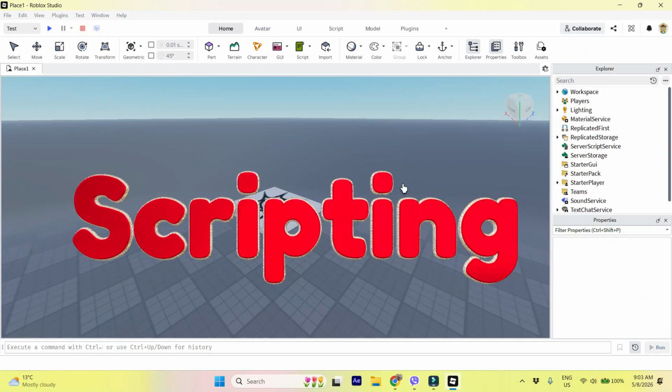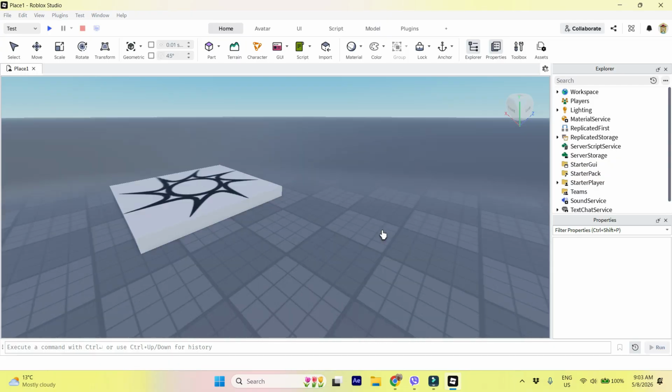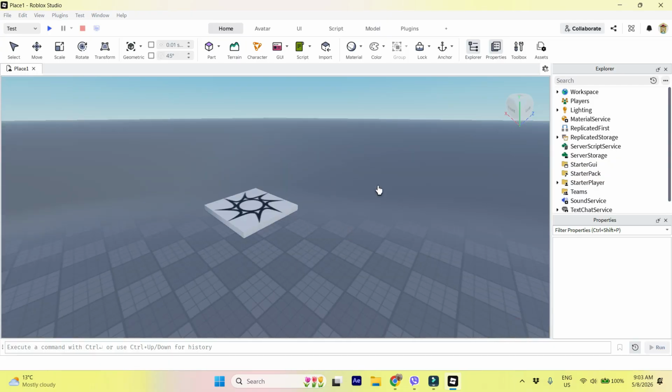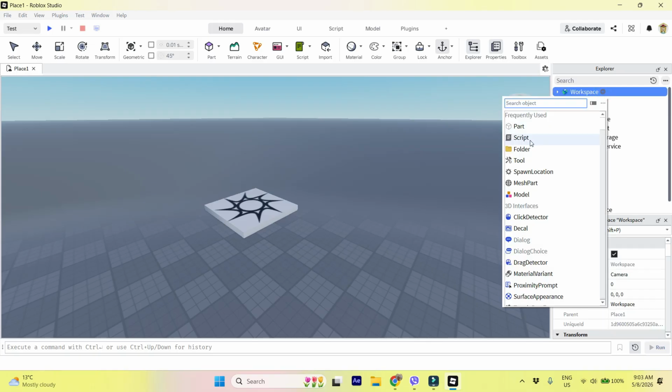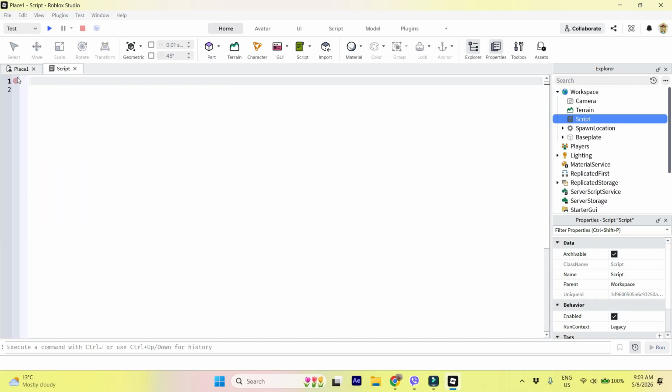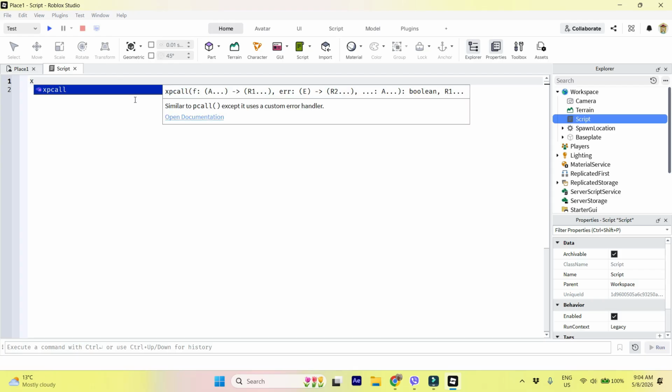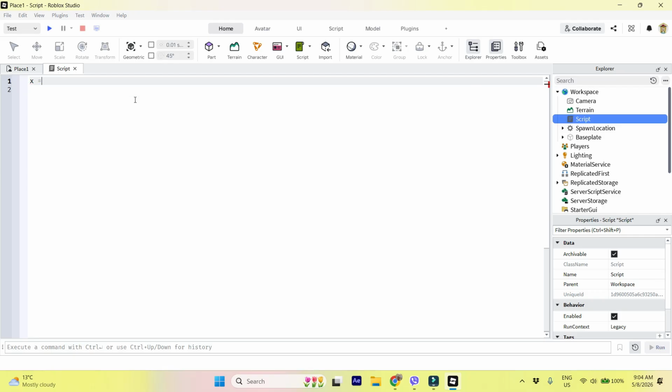And let us see how to script today the creation, the changing of properties and the removal of a part in Roblox Studio. So, it's our project and let us go to workspace and add a script. I'm removing this print hello world, and instead of it I will create a variable. Firstly, let it be x, for example, and I will write x equals Instance.new